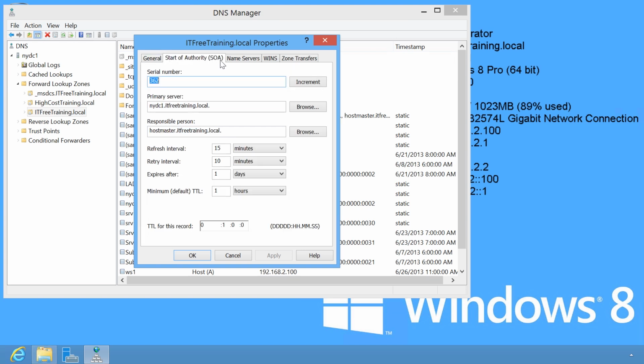The Start of Authority tab is used to make changes to the SOA record contained in the zone. Even though the SOA record is a DNS record contained in the zone file like the other records, in order to make changes to it, you need to perform these changes from the properties of the zone. There can only be one SOA record per zone, so it makes sense to have changes made to it from the properties of the zone. Doing it this way makes it a little more user-friendly. I won't go through all the options here, as I go through a lot of these options in the video